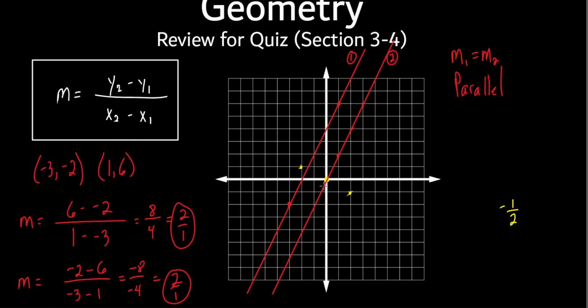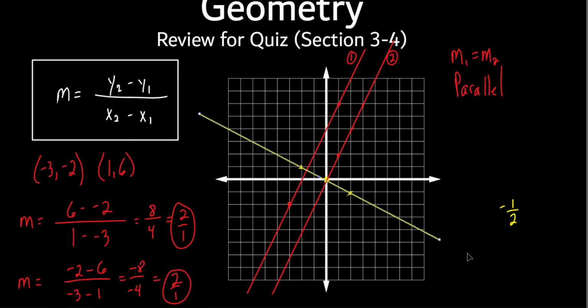What if I drew, on this one, what did I do? I flipped the fraction, and then I changed the sign. I did two things. I flipped the fraction, made it 1 over 2, then I changed the sign. The sign was positive, I changed it to what? Negative. Now, if I do that, and I make a line out of it with a slope of negative 1/2,